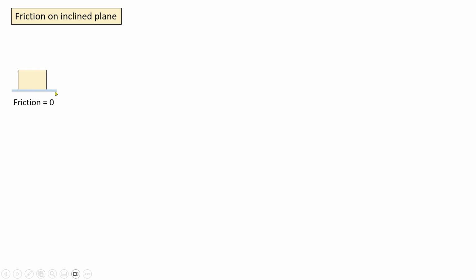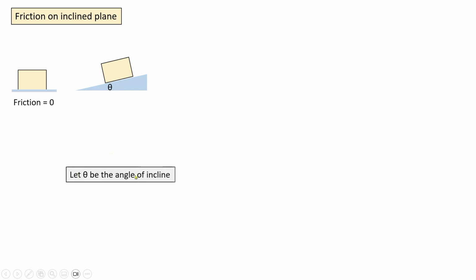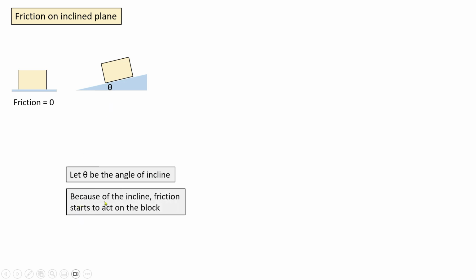Instead of a flat ground, let's create an inclined plane. An inclined plane has an angle of theta, which is called the angle of inclination. So let theta be the angle of this incline. Now, because of this incline, friction will start to act on the block. And why is that? Because once you have an angle of inclination, the block has a tendency to go down